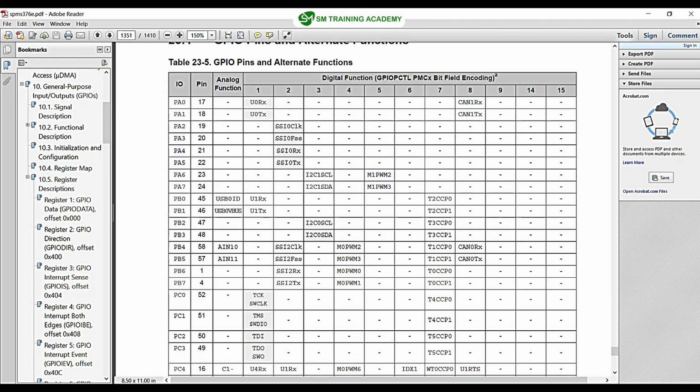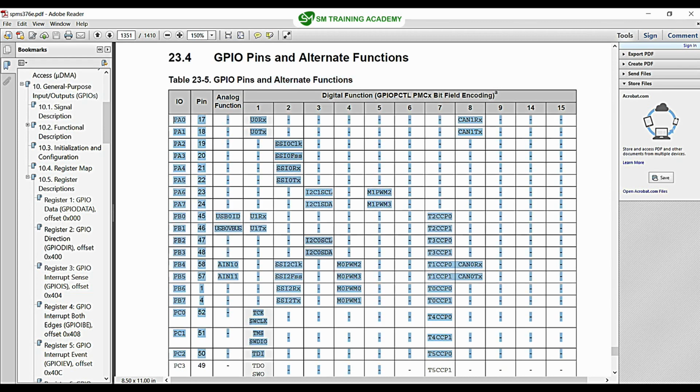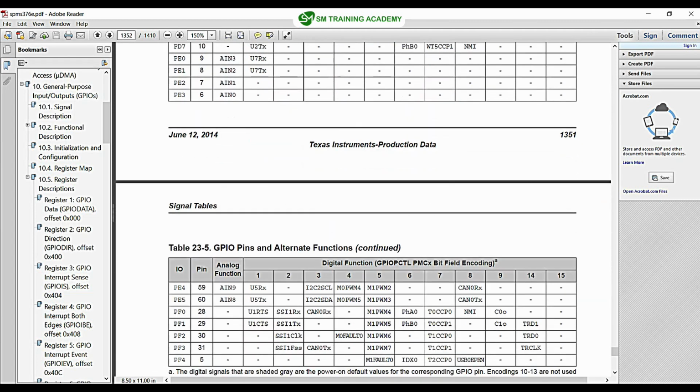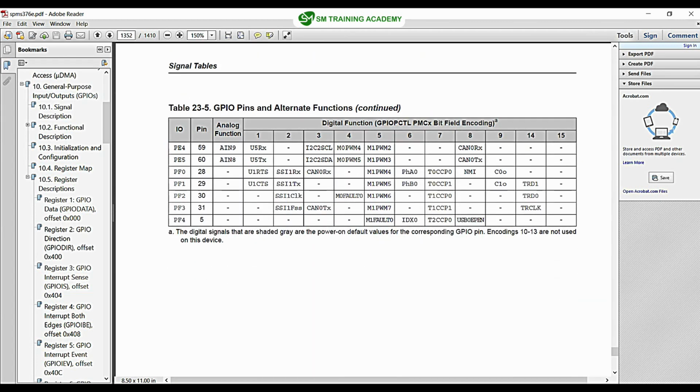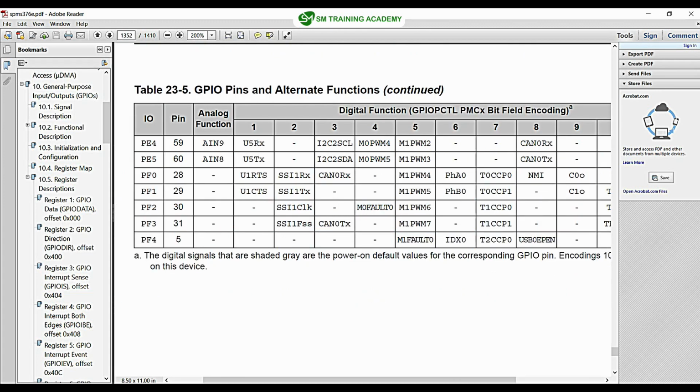You can clearly see here there is a table called alternate functions table for GPIO pins, and in this table you can see a variety of available alternate functions for all the pins in this microcontroller. So our pin is PF2 right over here. You can clearly see here is the PF2, and it can act as a